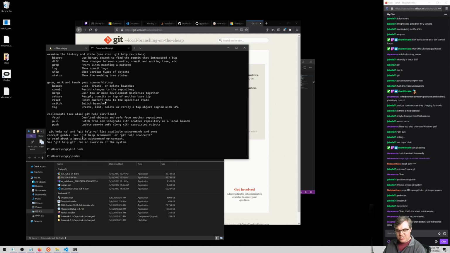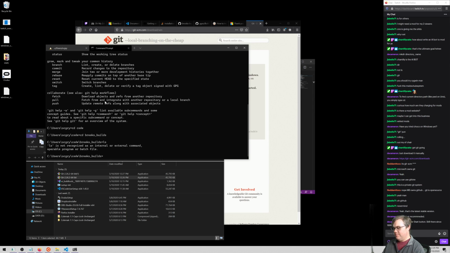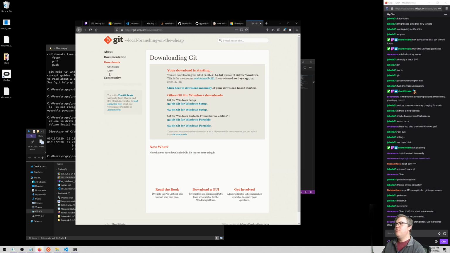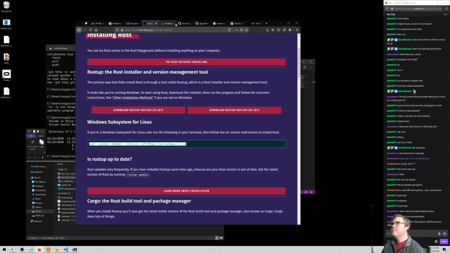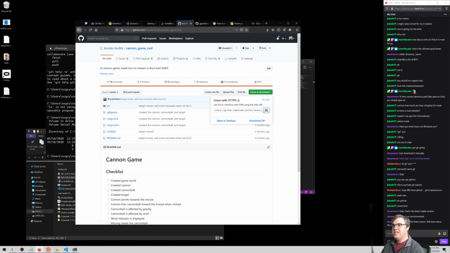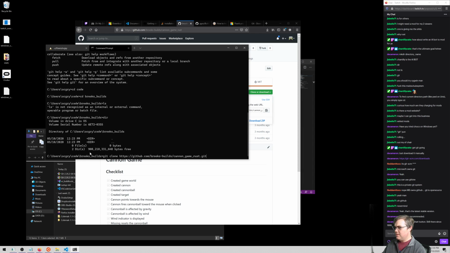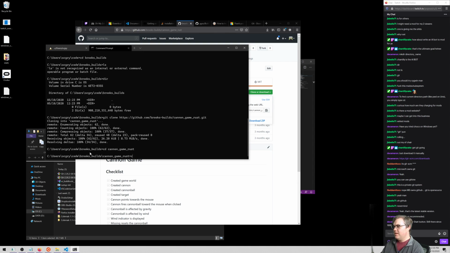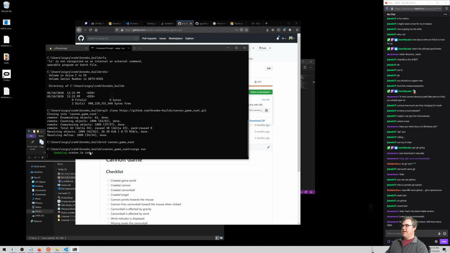Oh, right, it's not // it's / for everything. So Brooks builds. Okay, so now we're going to do git clone, and we need to go refind this one with HTTPS. All right, cloning that, let's go ahead and cd into it. Cargo run. Now we get to go through the installation again. So this will be fun. Hopefully it'll just work. It'll be amazing if it just does.